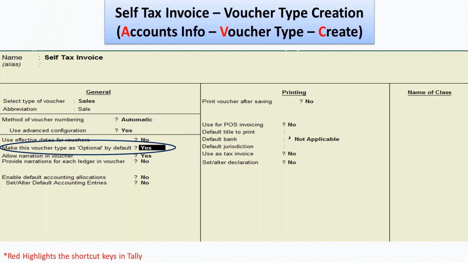So you're right that if we create a regular voucher, it will definitely count as double counting or double posting. That being the case, we'll have a huge issue. So Tally has something called optional vouchers, where it will create a voucher which will only be visible, but it will not have a posting effect. If we use these optional vouchers, we can create the self invoice and maintain the series accordingly, and even if we need to report this in table 13 of GSTR1, it will come in handy for that aspect.